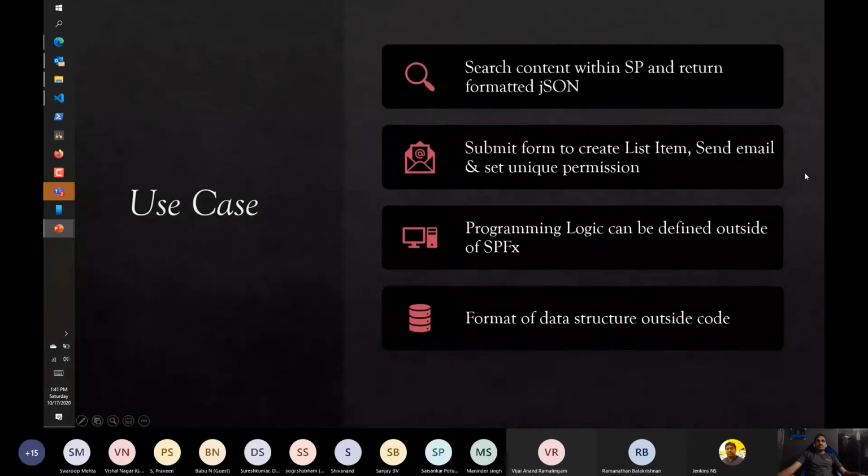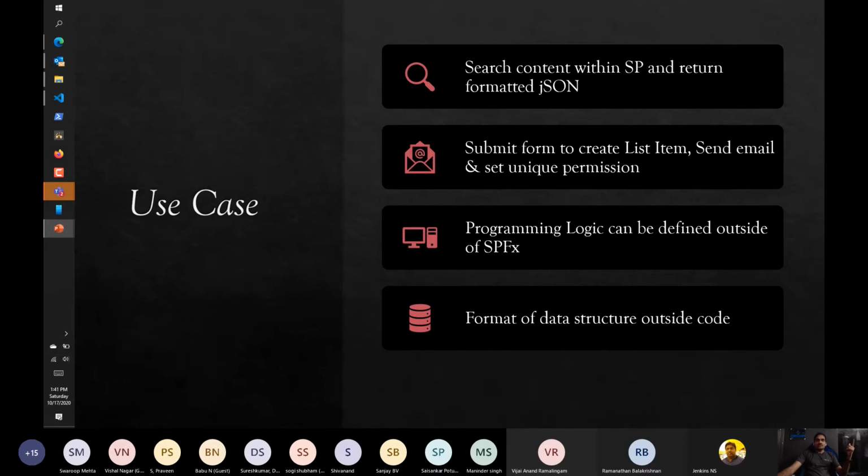And most of the time, when I say this option of integrating Power Automate with SPFX, many people would ask, why are you doing this? What is the need for integrating SPFX to Power Automate? Okay, so the first option is that most of the time I used to run a SharePoint search